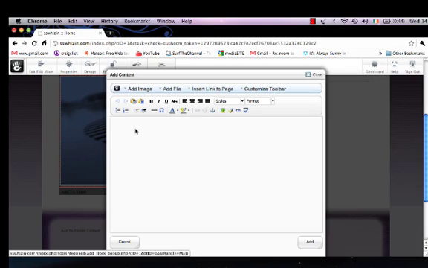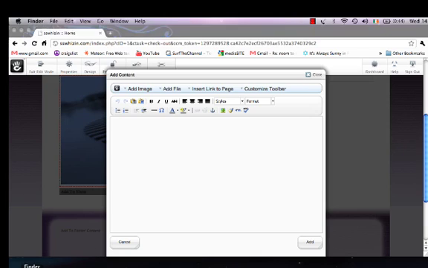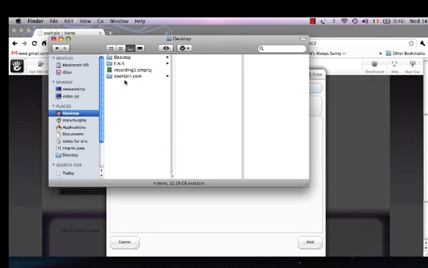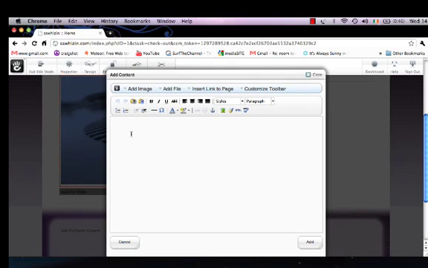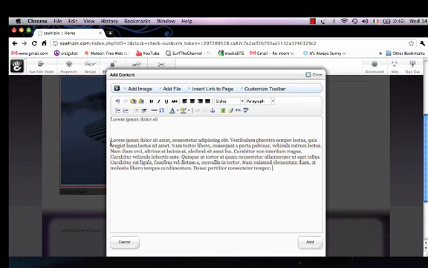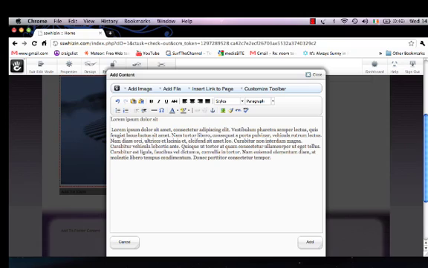I've already got a paragraph that I'm going to add, so that's on my desktop. So I'm just going to simply copy and paste this in to my content box area. You can either type content out beforehand or you can type as you go. You can add as much content as you want, anywhere you like. It's pretty much a standard text editor,